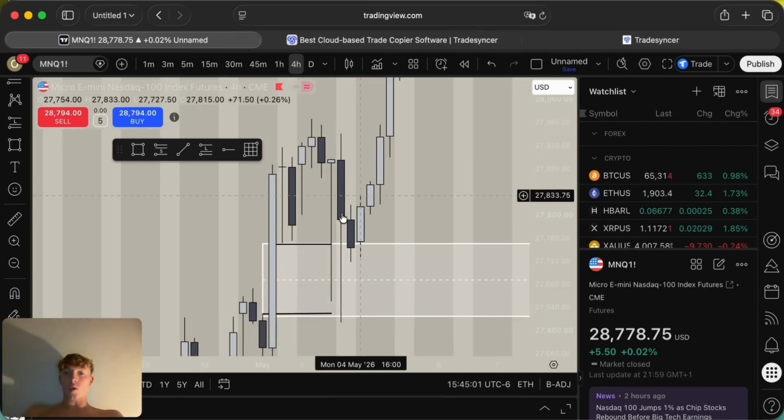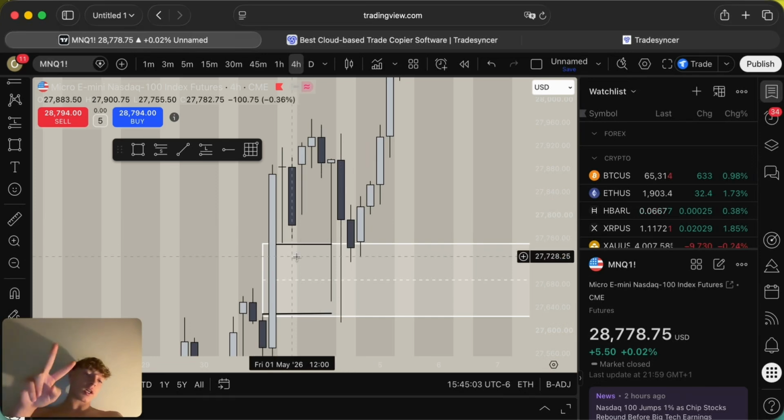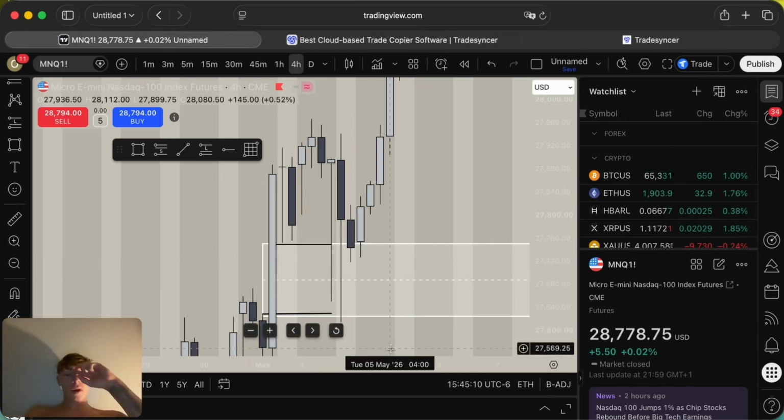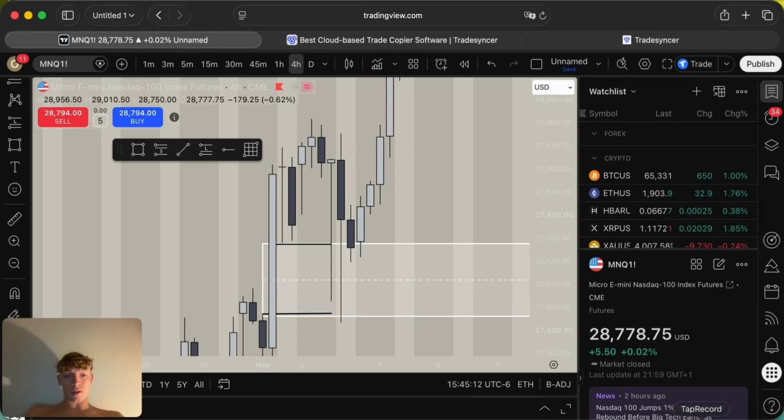So basically that's 2 parts of our strategy done. We've got our daily bias, price is bullish. We've got a fair value gap. This is a bullish fair value gap in this scenario. I'll tell you how this is a bullish fair value gap, okay? So this is a bullish fair value gap because